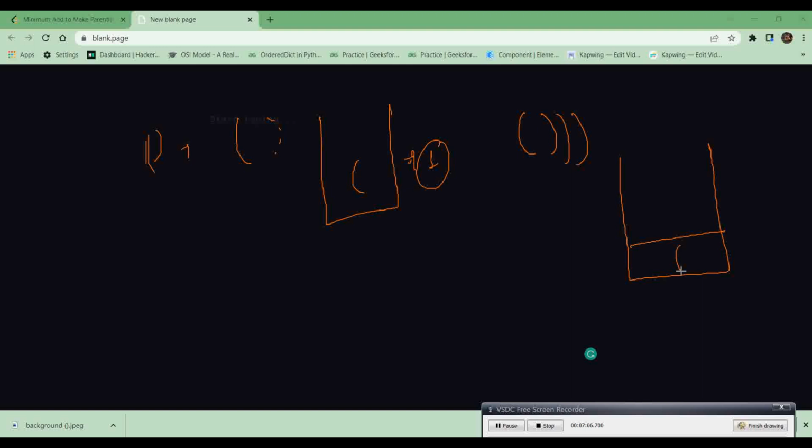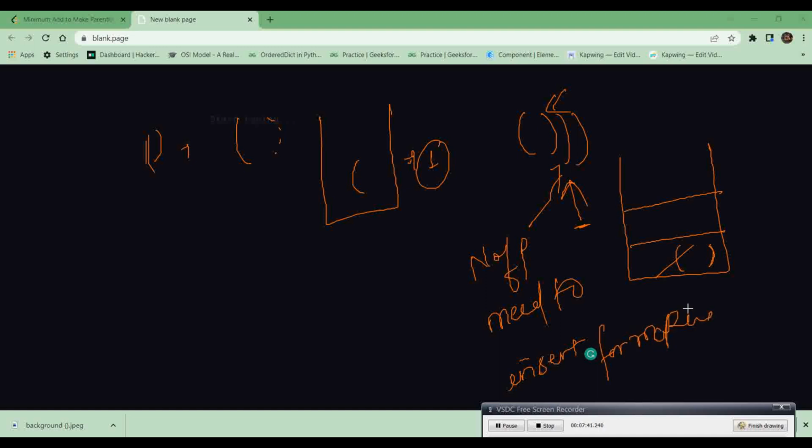If it is an opening brace, it's okay. If we have a closing brace, then before inserting I will pop it out. Now my stack is empty. If I am getting an empty stack and my brace is also open, then I will simply insert, because in the stack I am inserting the number of parentheses which we need to insert